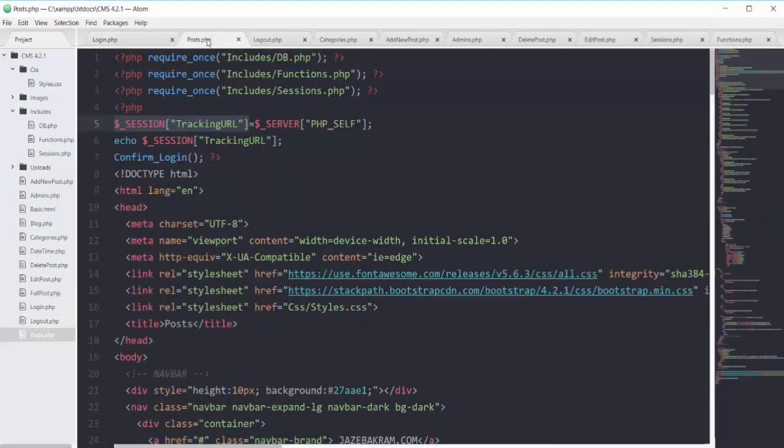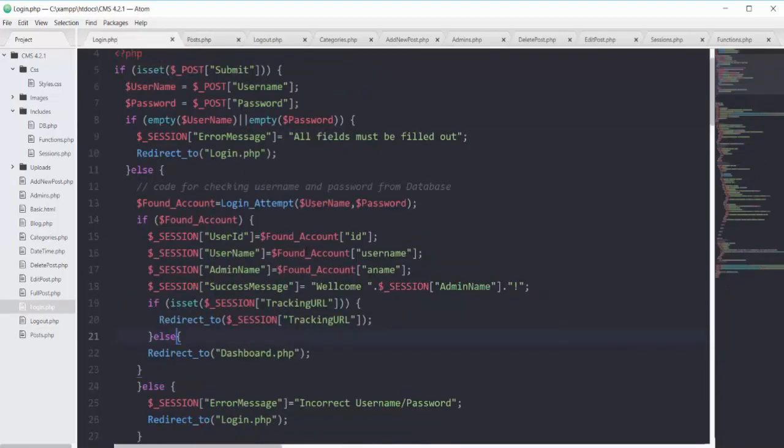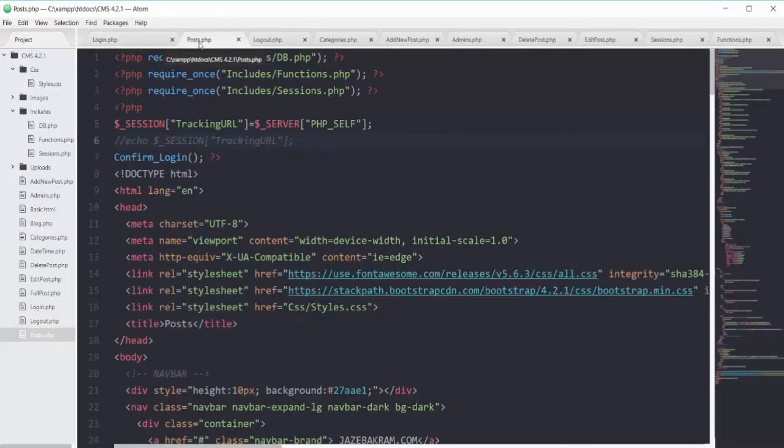What I'm saying here is, in posts.php, I equal the server to this tracking URL. It means that we are creating this session of tracking URL variable. And on the sixth line, let's comment this echo. We don't need it anymore. In my login.php, in the success block, I'm saying if this tracking URL variable is set, so when we try to go into posts.php, it will execute this code, and on line 5 it will create this session of tracking URL.